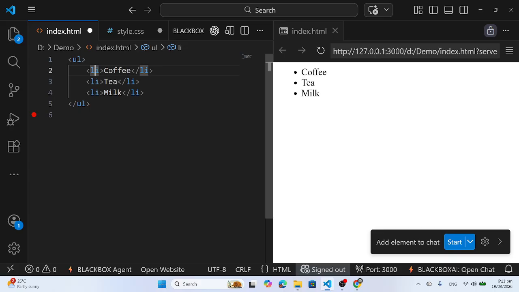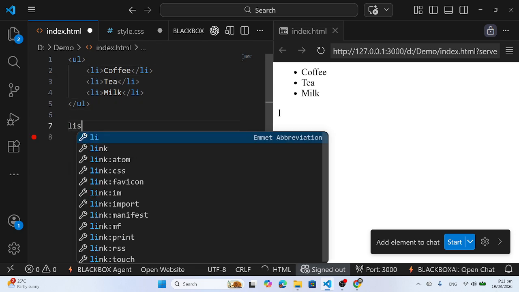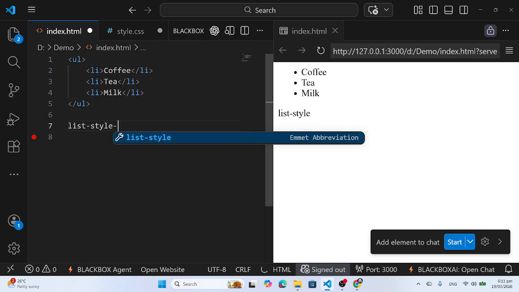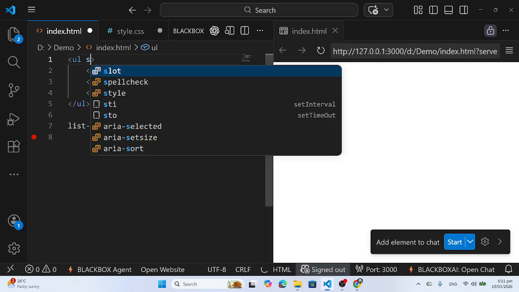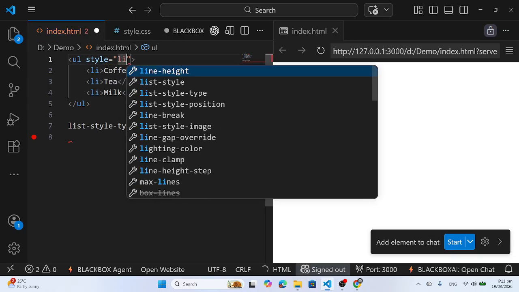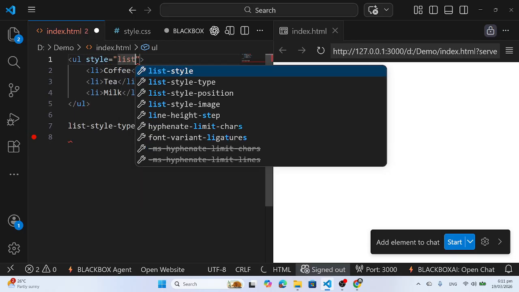Okay, now here is where it gets interesting. You can actually change the style of these bullet points using the CSS list-style-type property. Okay, so what we are going to use here is the list-style-type property. So there are three values you can use: the disc value, the circle value, and the square value. So for example, in the ul tag, if I use the style attribute and I use the property list-style-type,